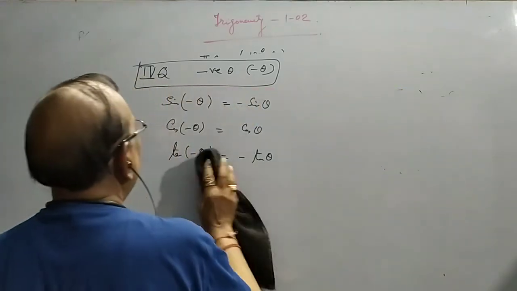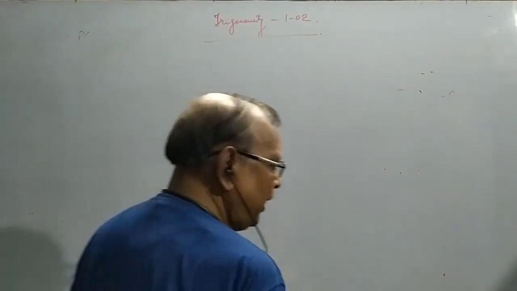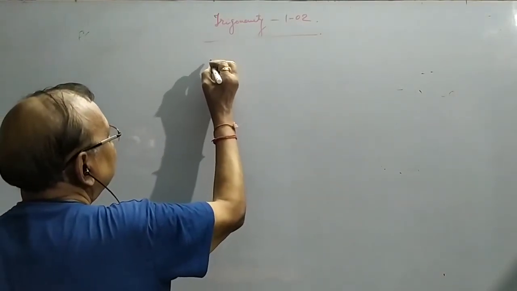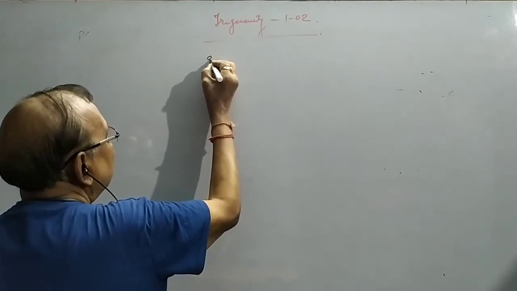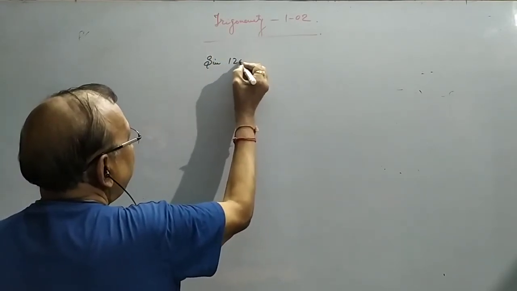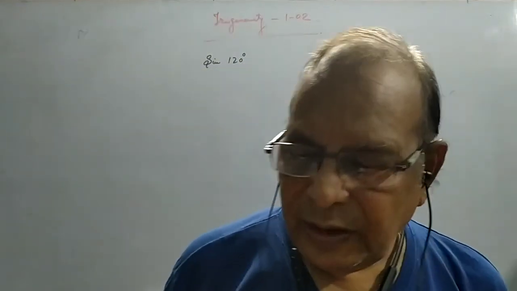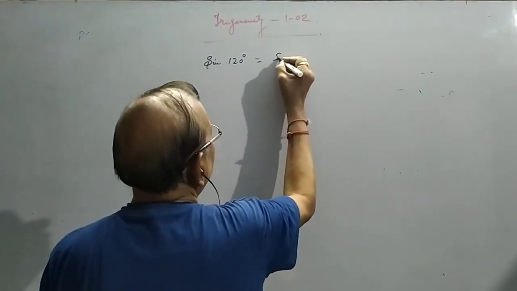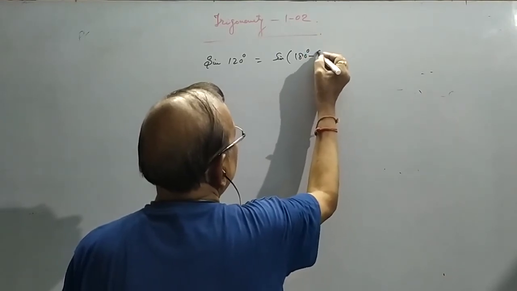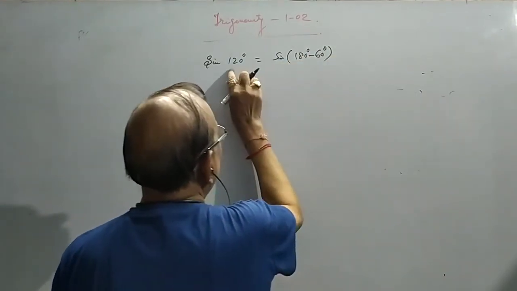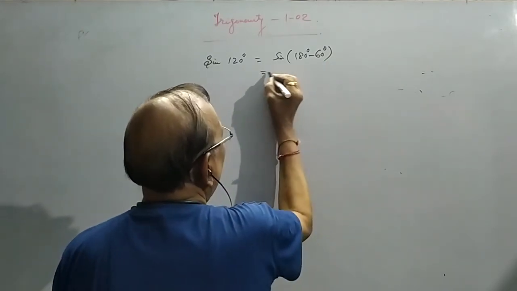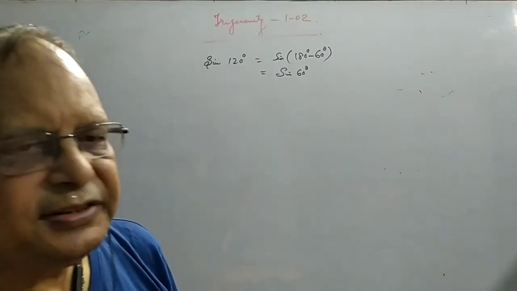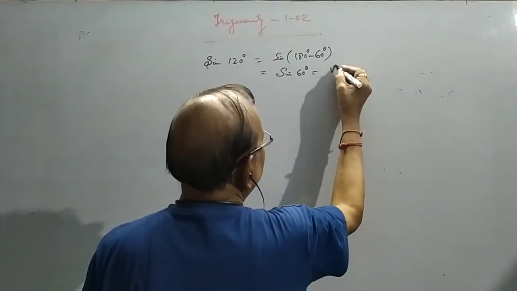Suppose I am interested to get the trigonometrical ratio of sin 120. देखिए कहाँ से आएगा ये, 180 के पास है, तो we can write sin 180 degree minus 60 degree. ये अपने आप आपको निकालना है. ये एक्यूट एंगल होना चाहिए. Obviously, according to that formula, that is sin 60 degree, that is by table, you can get root 3 by 2.